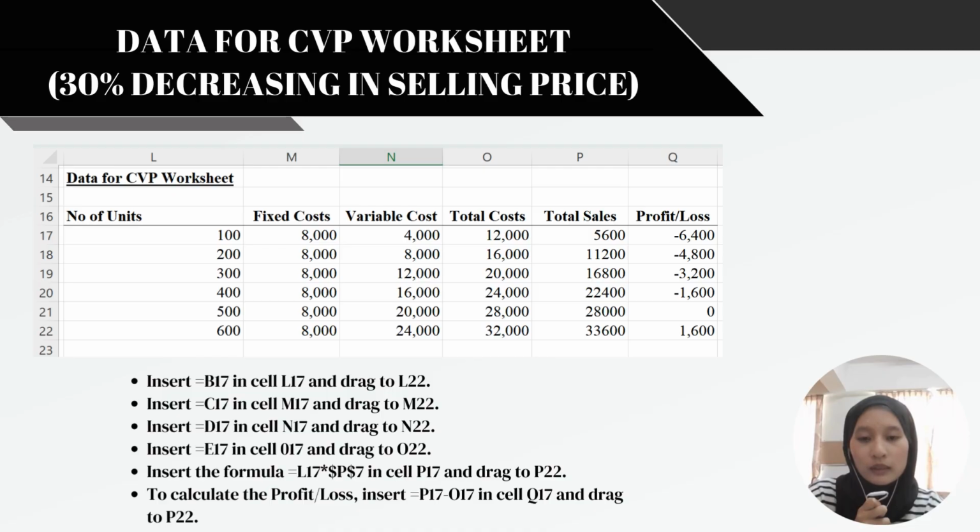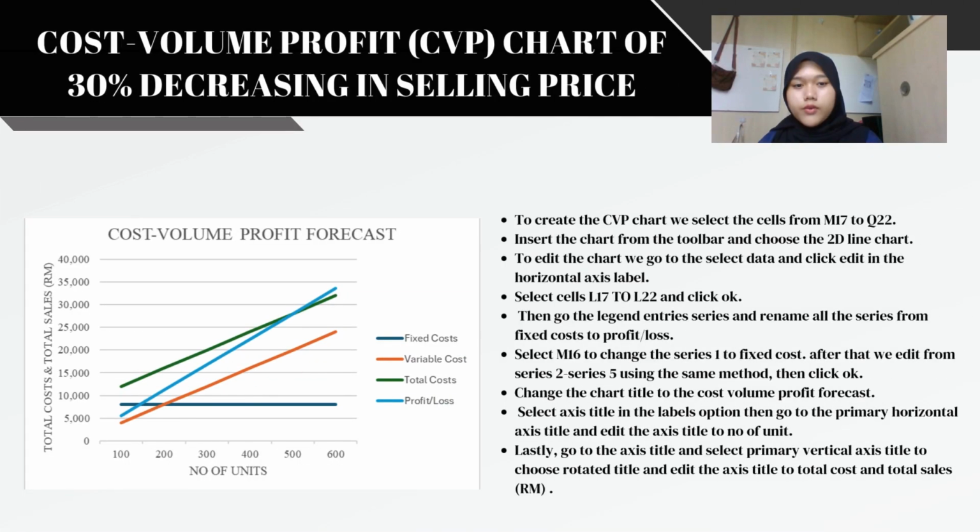For the total sales, insert the formula equal to L17 times P7 in cell P17 and drag to P22. In order to ensure the selling price does not change to other cells, we have to lock the cell P7 by putting a dollar sign. To calculate the profit or loss, insert the formula equal to P17 minus O17 in cell Q17 and drag to Q22. After we create the CVP worksheet for decreasing 30%,